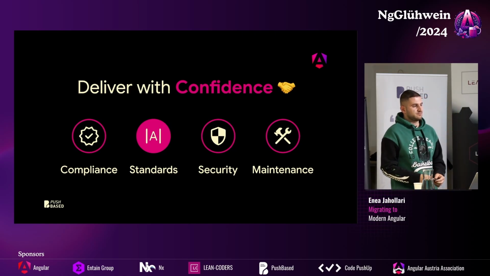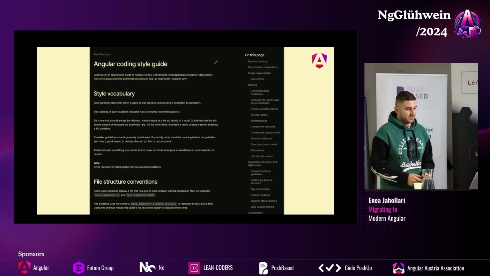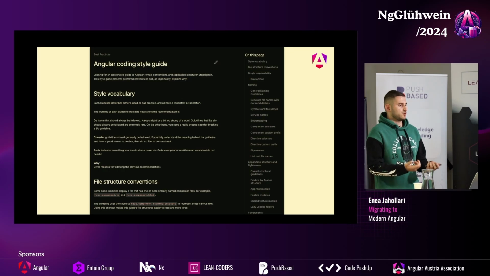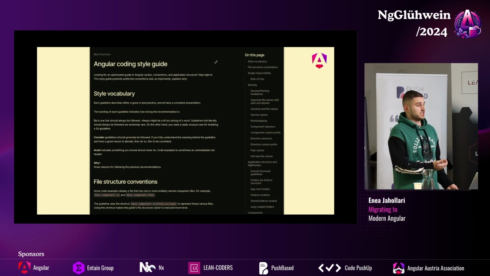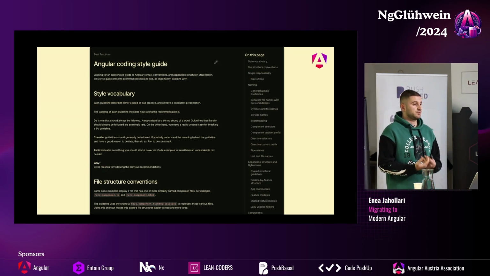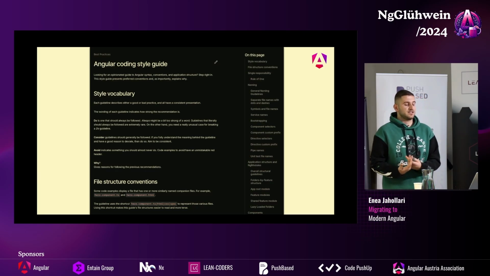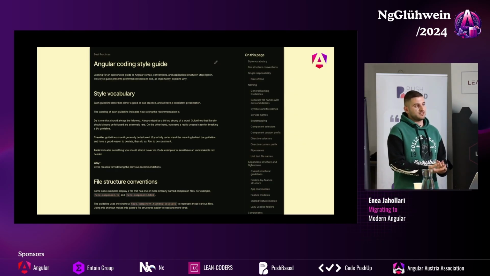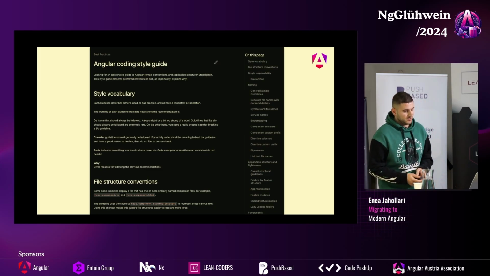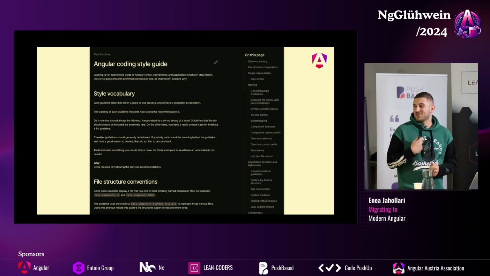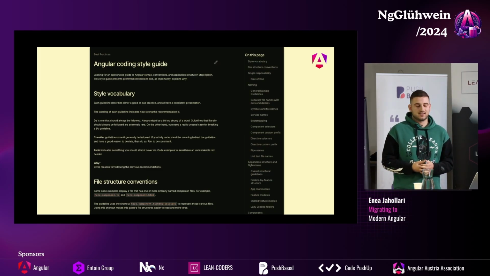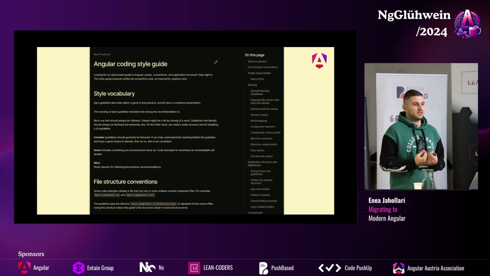Angular is about, most of the time, standards. And by that, I mean it pushes into you, but not just Angular itself, but at this point also the community, it pushes you this coding style guide. Is that saying that all Angular apps are the same? Until they're not. And the thing is, because Angular has this coding style guide, it makes it easier